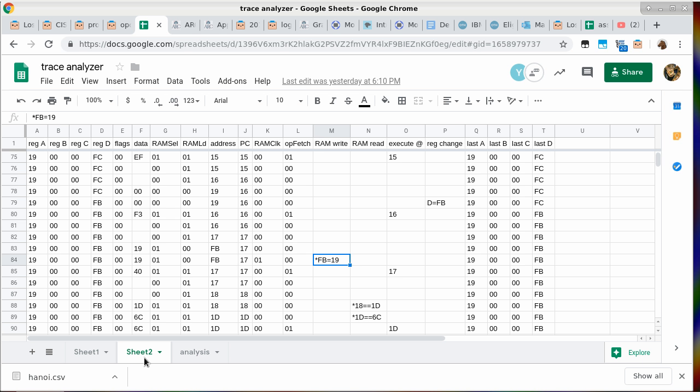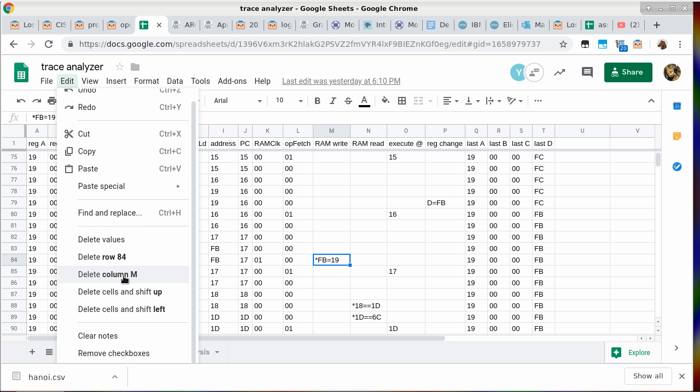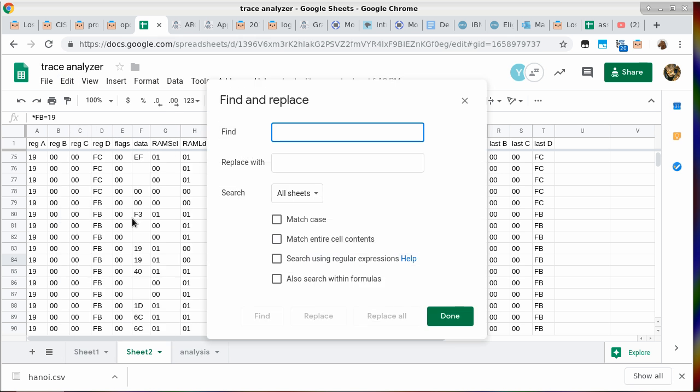Because this is a spreadsheet, we can use a spreadsheet function, or this is not even a spreadsheet function. We can just search for it. So we can go look. Where's search? Find and replace. There we go. So we just need to go find star FB equals, was it 19? Like that. So what this is doing is locating a particular cell where the value indicates we are